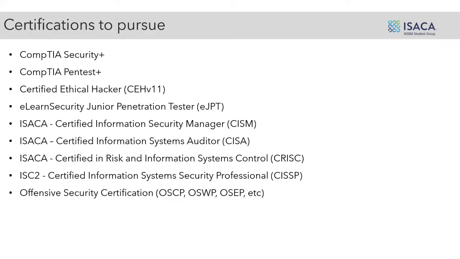If you want to pursue a career in cybersecurity, you can use the specialization. Unlike EJPT, ethical hacker or CompTIA Security+, if you want to pursue CISM, CISA and CISSP, they require certain years of experience. You need 4 years of experience to get the credential of CISM, Certified Information Security Manager, or CISA, Certified Information Systems Auditor. So you should not rush those things first. Just try to get as much experience as possible.